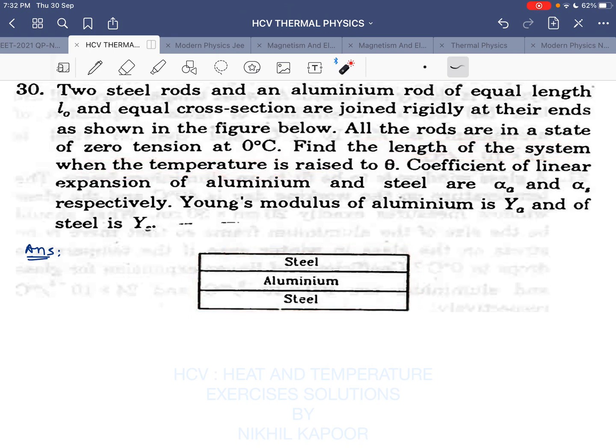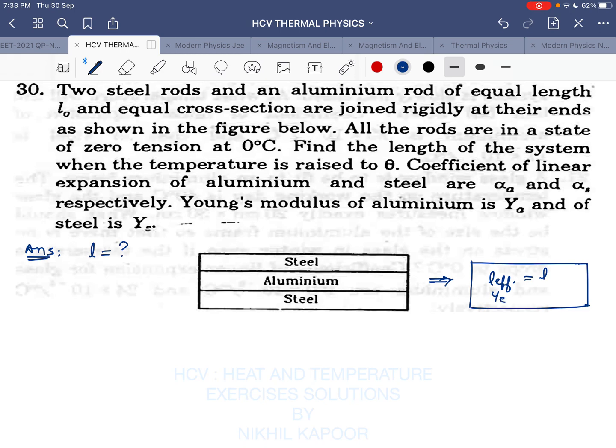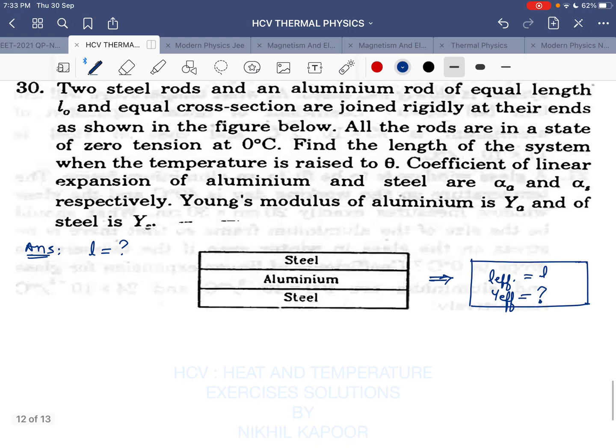Find the length of the system when the temperature is raised to theta. We need to find the final length of the system when it will get expanded. So in short, we need to replace this by an equivalent something. So the effective length is L, that is correct. We need to find Y effective of the combination, then and only then we can find easily the stress or